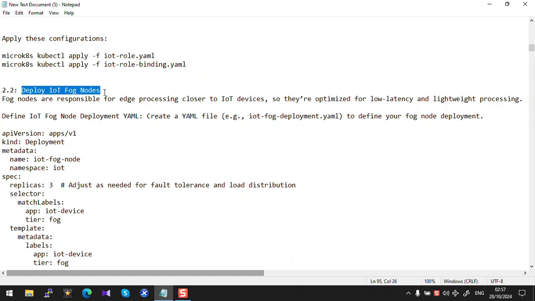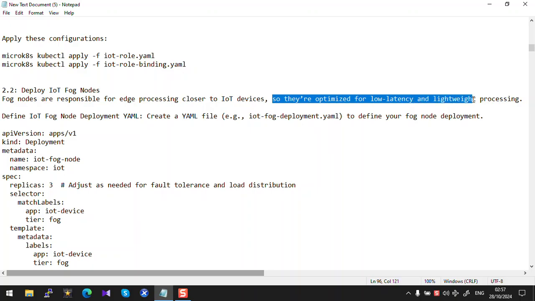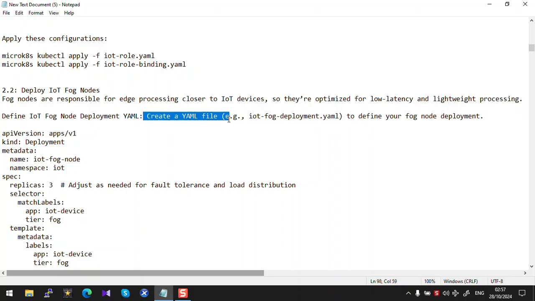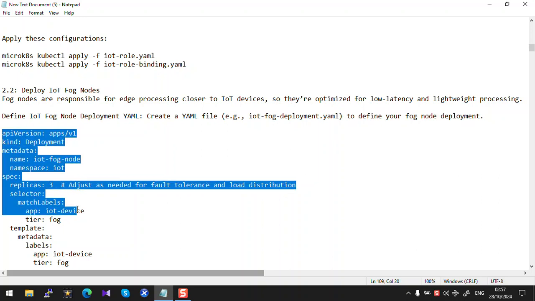Deploy IoT fog nodes. Fog nodes are responsible for edge processing closer to IoT devices, so they optimize your low latency and lightweight processing. Define IoT fog node deployment YAML. Create a YAML file, for example IoT fog deployment.yaml, to define your fog node deployment. With this script,